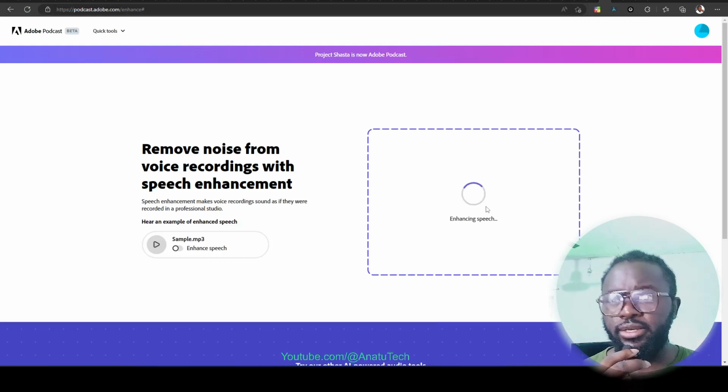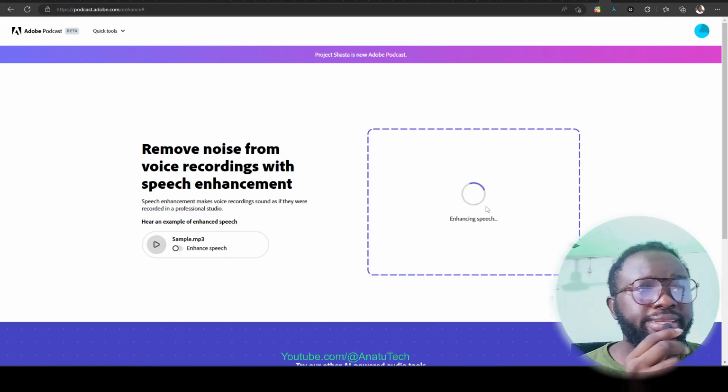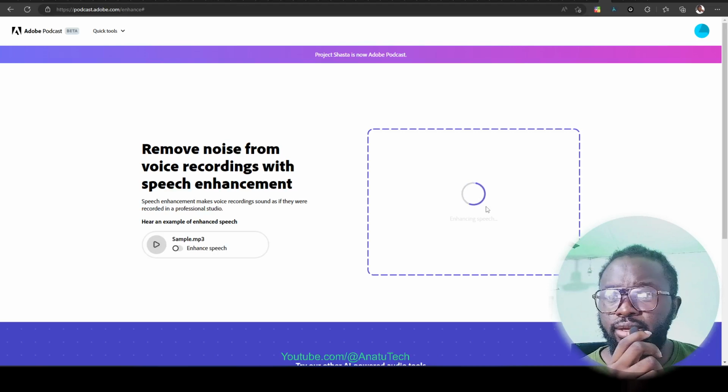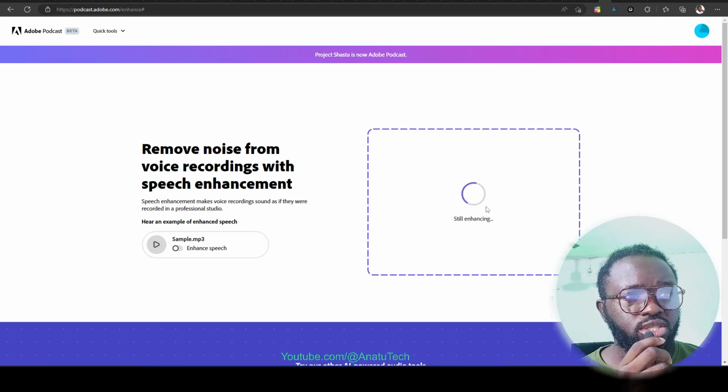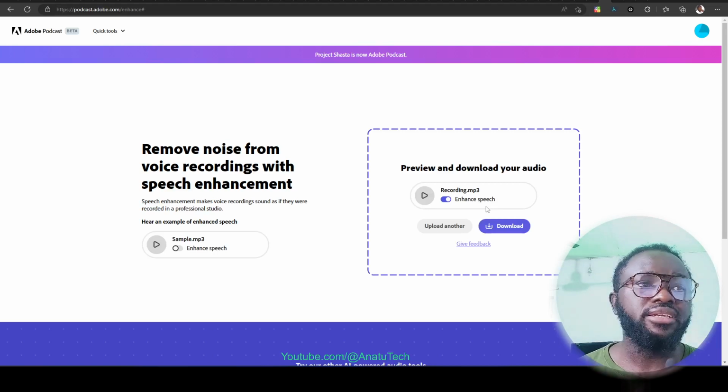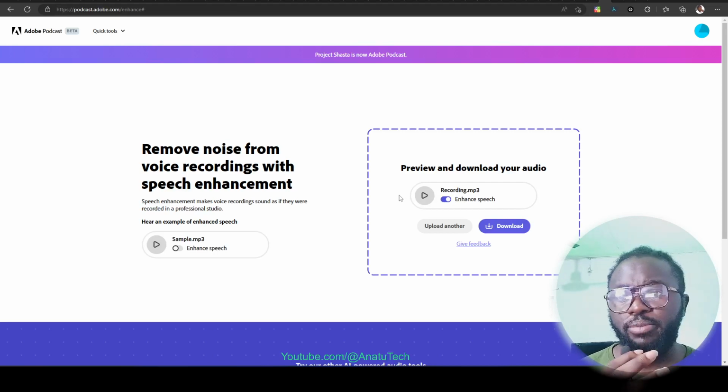You can see it's writing, it's enhancing the audio. This is going to take about a minute or two before it completes. So let's just wait and see. Because the audio is not long, naturally, as should be expected, if the audio is actually lengthy, maybe an hour long audio or 30 minutes, of course this is going to take more time, because as a software developer I know that